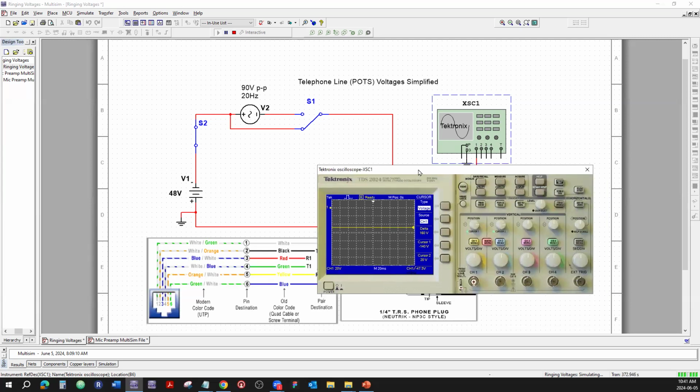So you would install something that's called the ATA adapter, analog telephone adapter. It acts like a phone, connects to the network, makes the network think that it is a phone, but it's just a black rectangular box. It receives the Ethernet signal, and it provides the ringing signal on its output. Then the ringing signal has to be 90 volts peak to peak, and it has to have certain